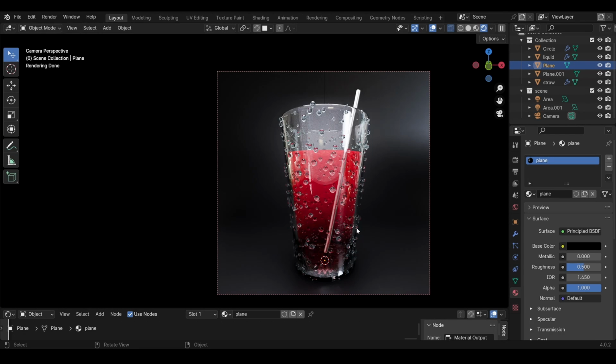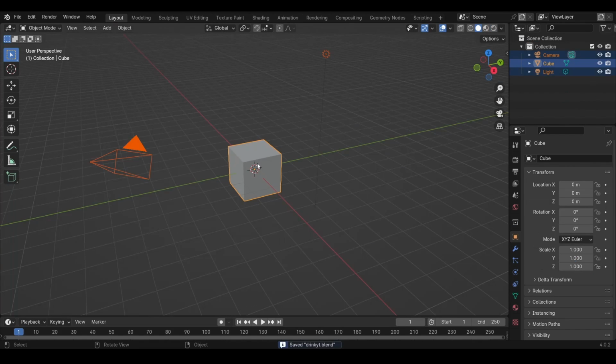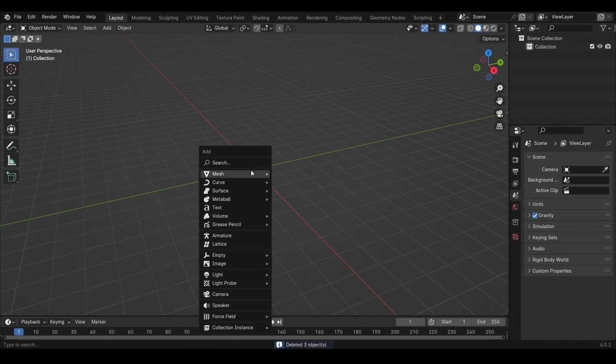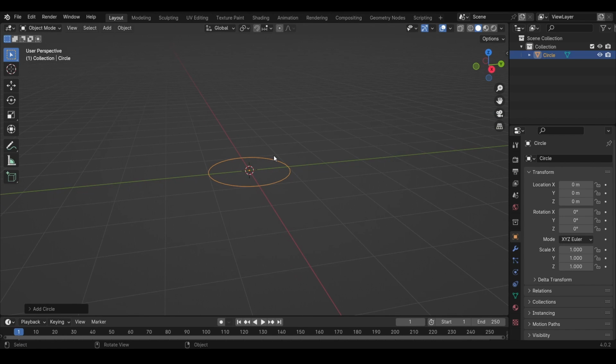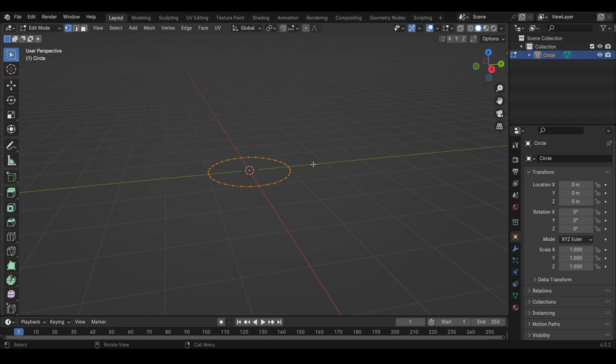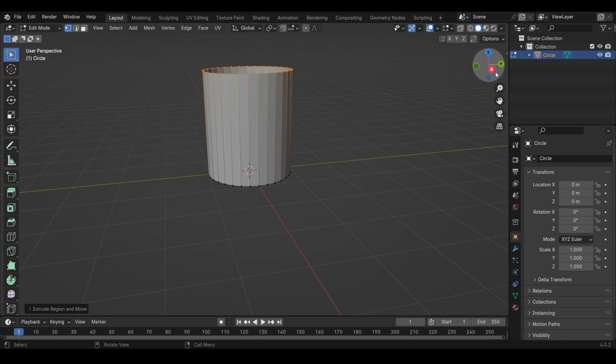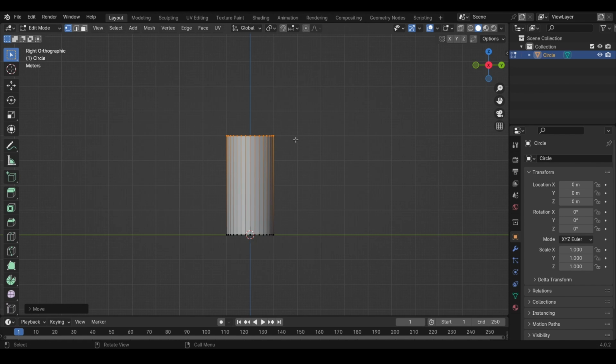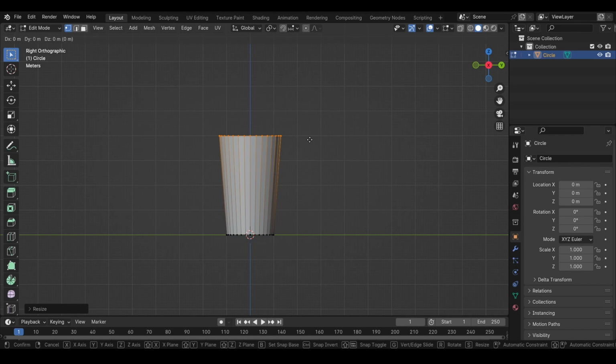Right, let's make a drink that looks like this. So start with creating a circle and then go into edit mode by pressing Tab, press E, Z, move up, go in the side view, and then press S one time to extrude, and then move it up something like